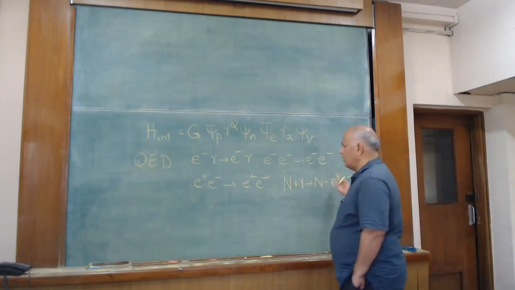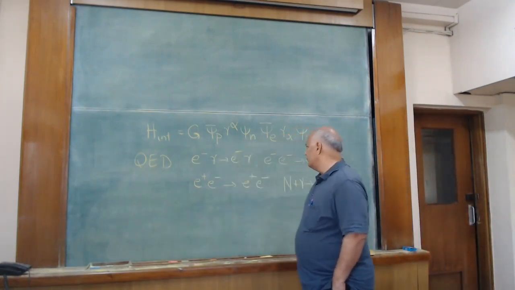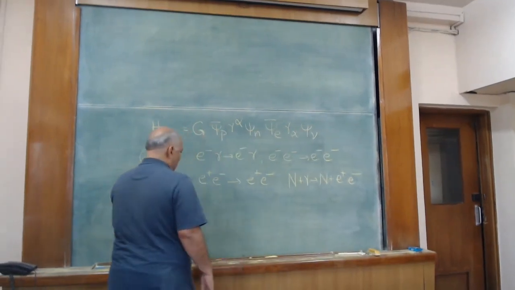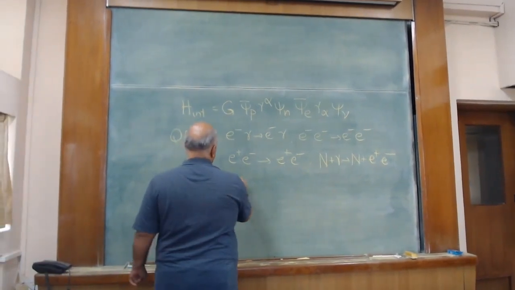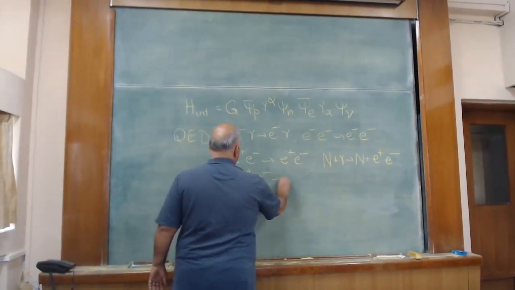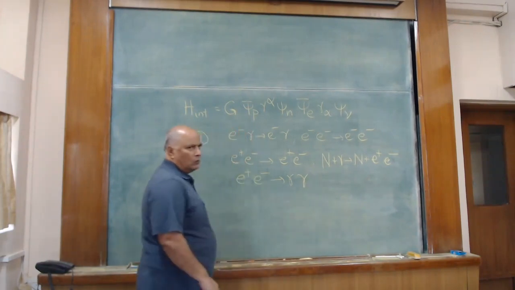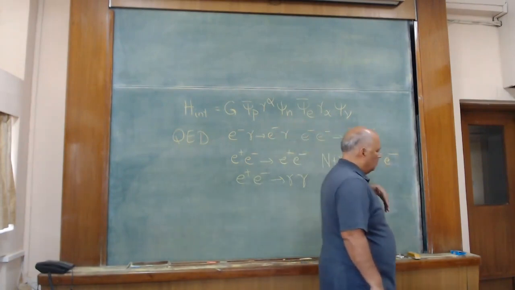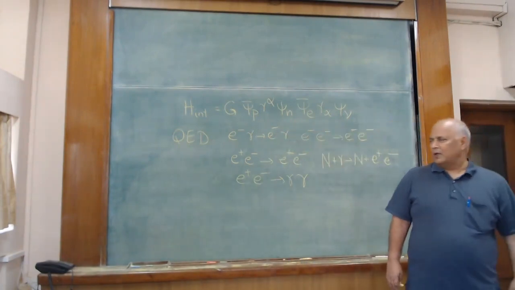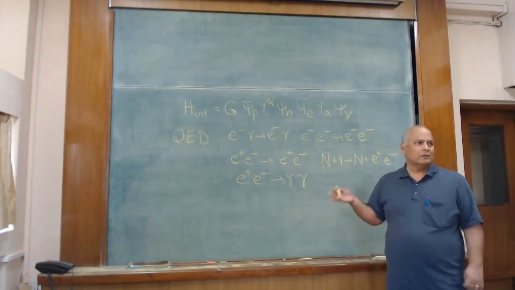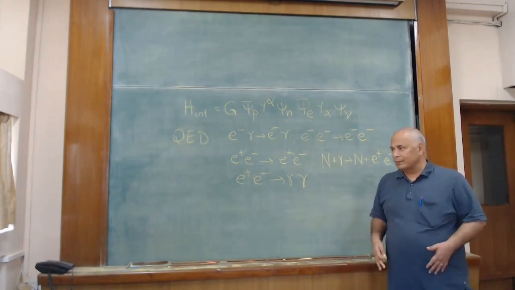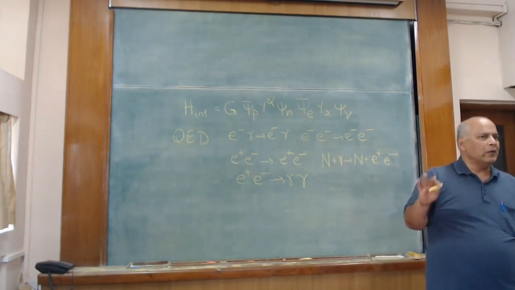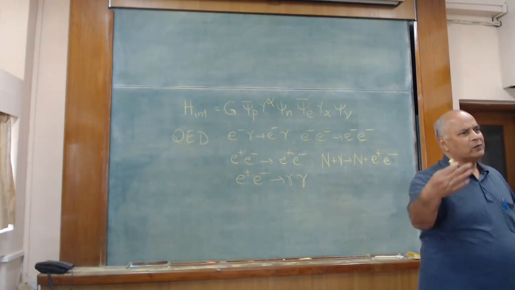So, in all these processes, two other famous processes are the following: e plus e minus going into two photons. All these processes, people actually have done calculations using field theory, but you can also do these calculations using only Dirac equation without explicitly